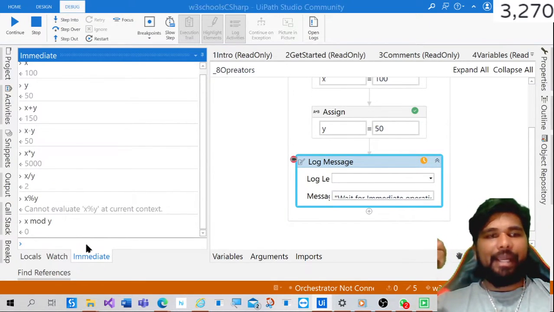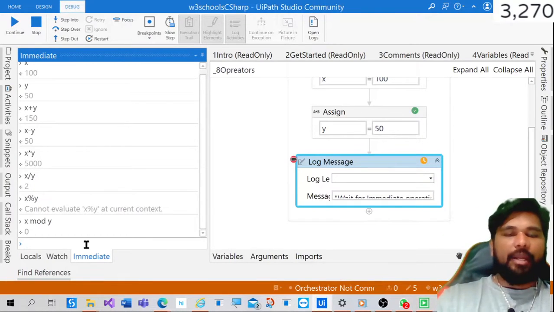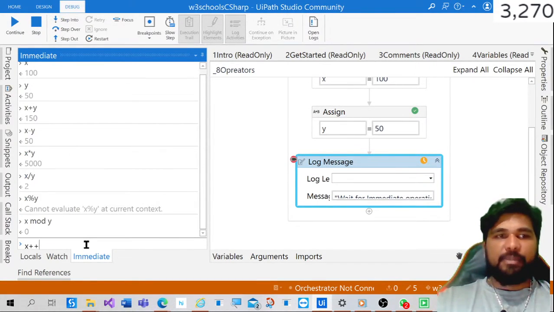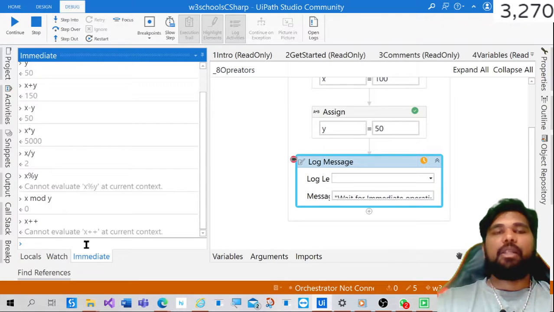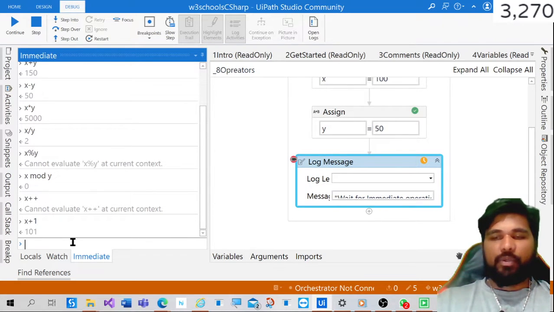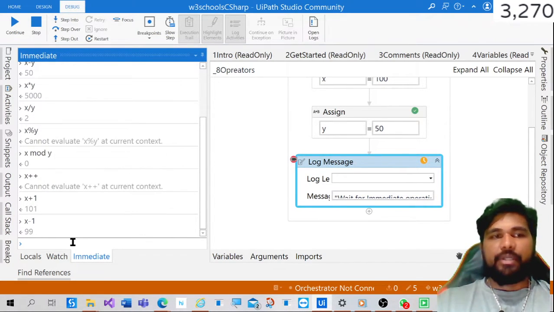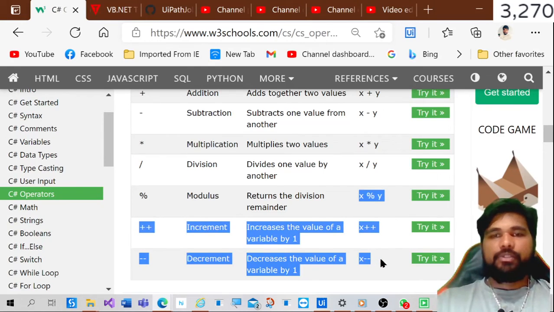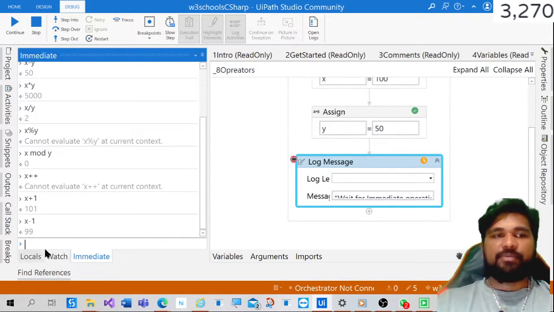Let's see what x plus plus does. It cannot evaluate the value. Is there a way where we can increment that x value? The best way is adding plus 1: x plus 1 is 101, and x minus 1 will be 99. So instead of incrementing and decrementing like this, we can always use x plus 1 and x minus 1